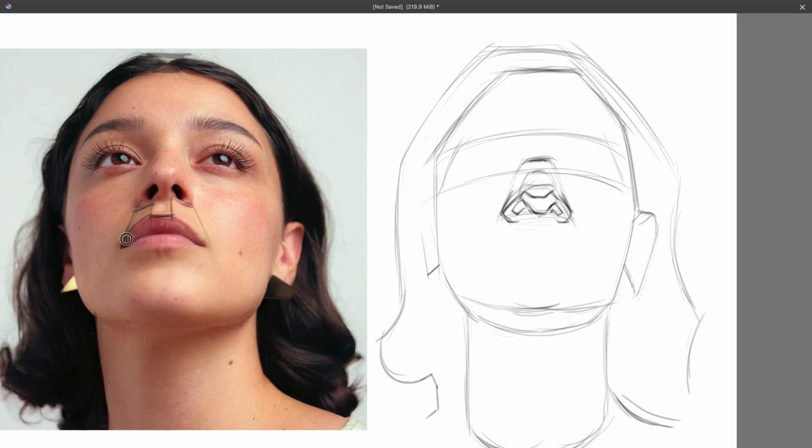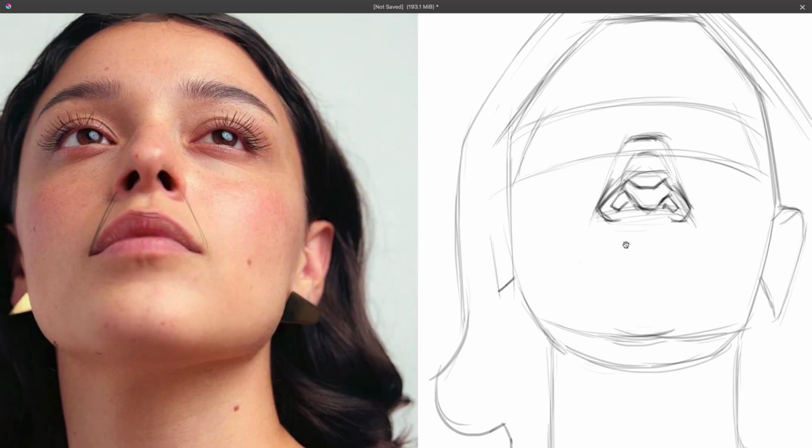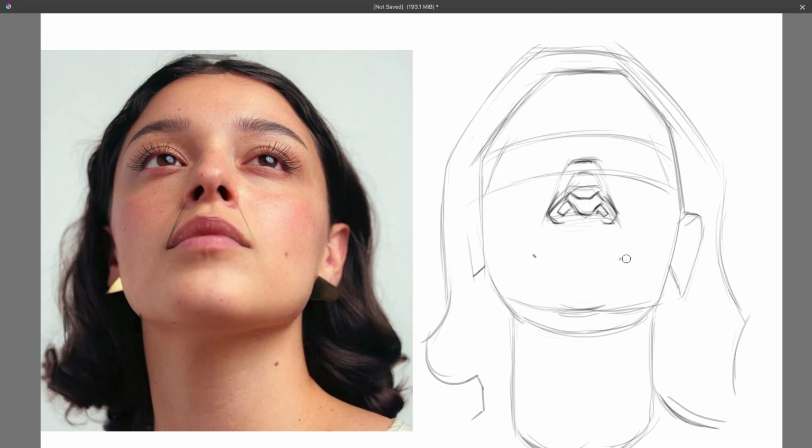Something like that. So that's the thought process behind some of the things that we see online that we cannot fully understand, okay? That was just me trying to give you guys a heads up on some of the things that you might be seeing that you might not fully understand. So zoom in a bit here. So the corner of the mouth would start somewhere here, and the other corner would be somewhere here, okay? Somewhere here. And I like to throw in this so that it can give me the feel of the planes,